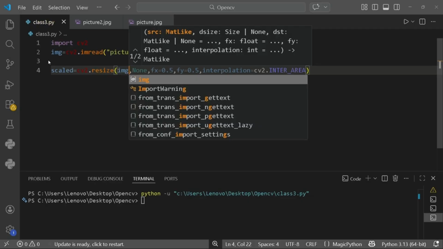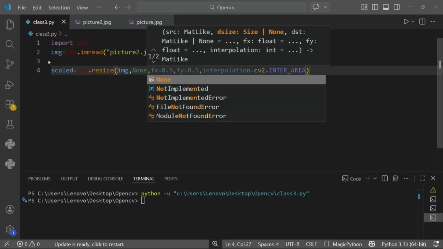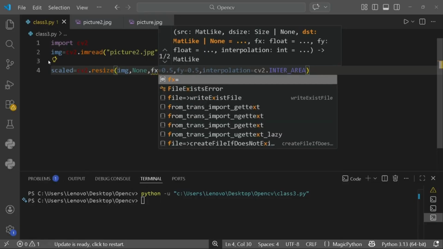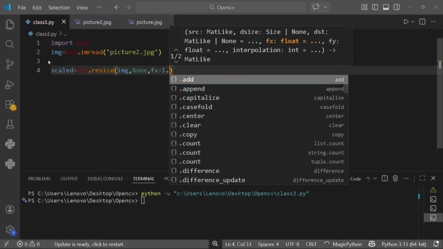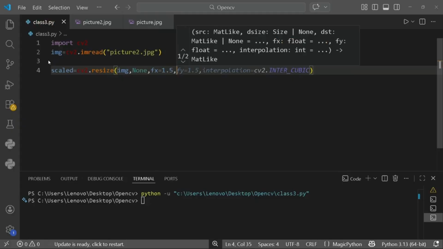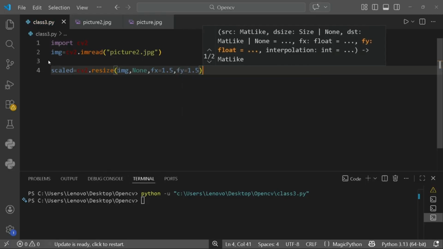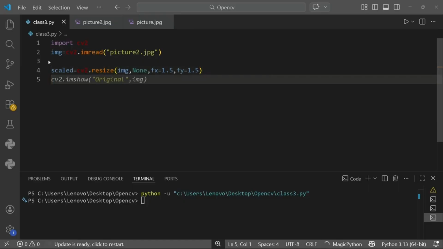Now image, None, fx equals to 1.5, fy equals to 1.5. Okay, now small equals to,